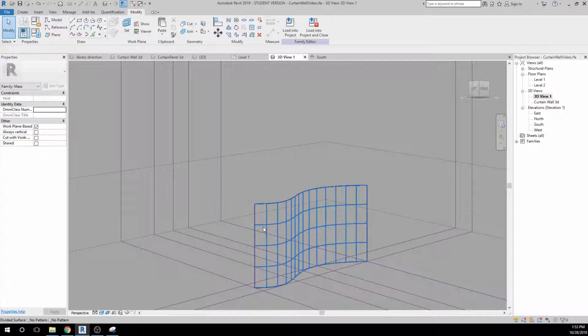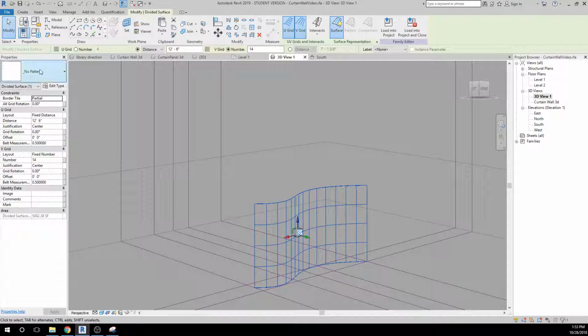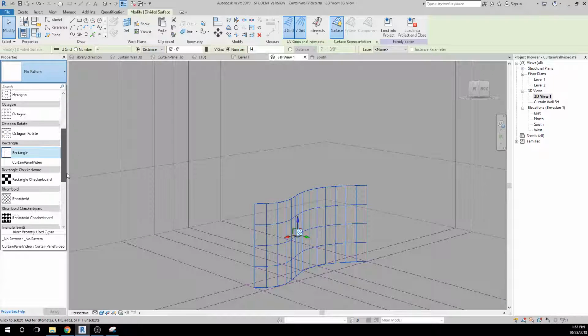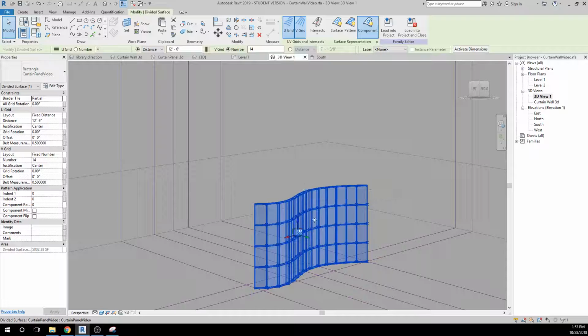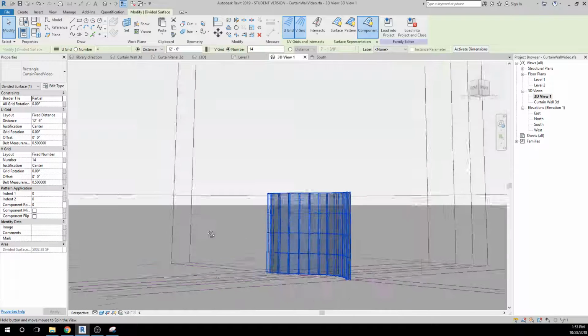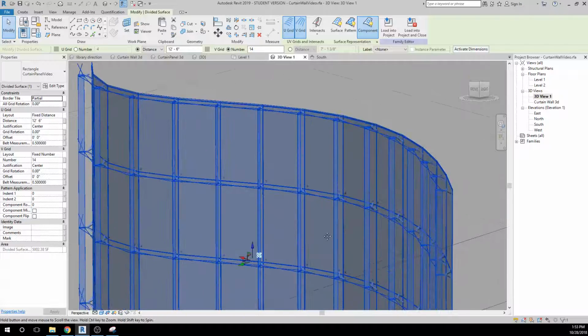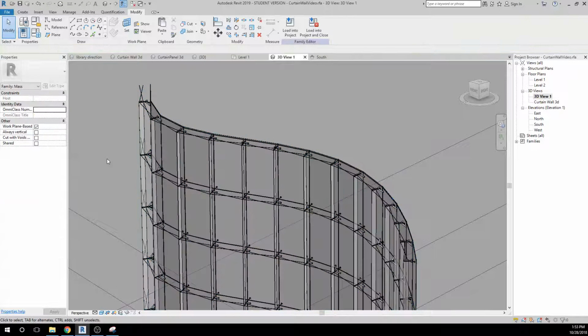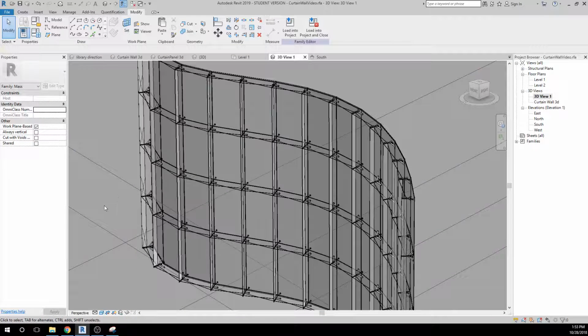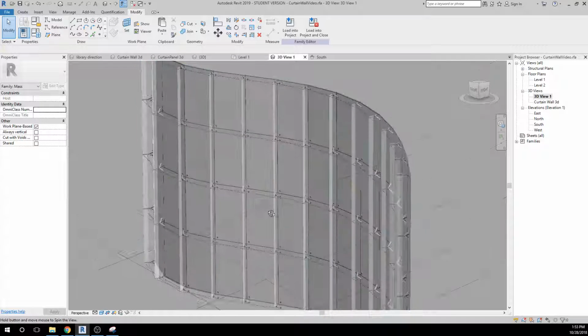And then all we have to do now is to apply our pattern system to it. So that's the curtain panel. And I'll swing this around here so we can take a look at it. And I think that makes quite an attractive wall surface. And we have a lot of flexibility now about how deep we make the glass sections. And we can do a whole lot of evaluations about this as a